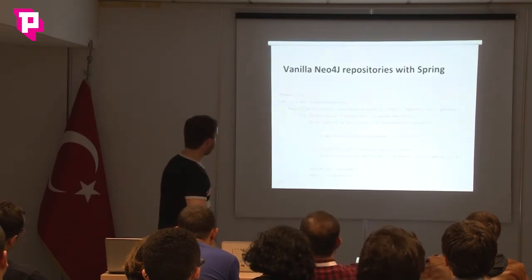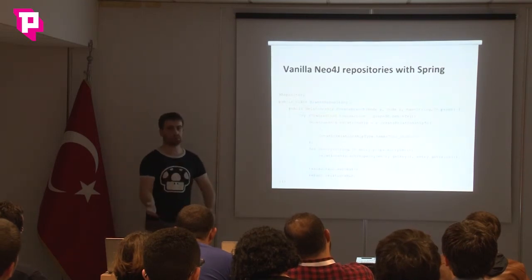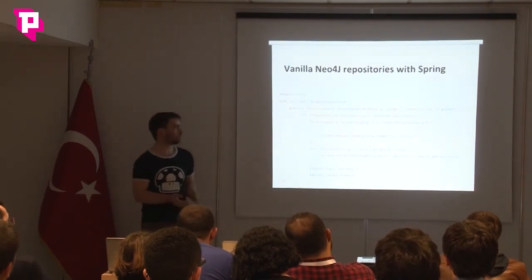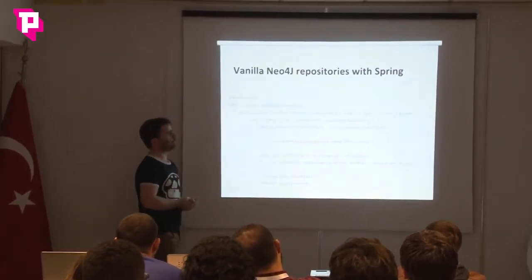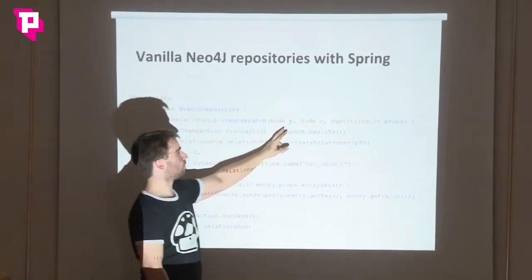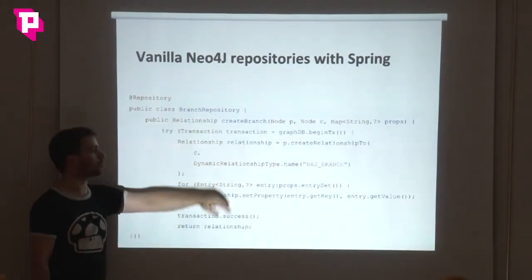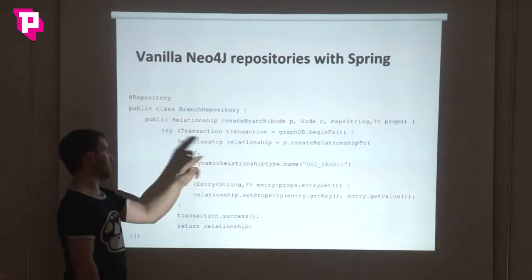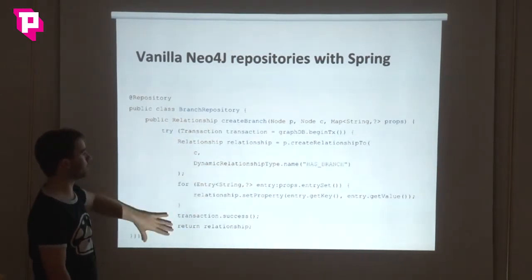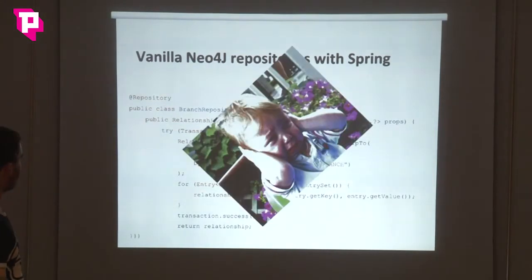So let's see an example. Sorry, it's Java. If we tried to write a repository, a data access object kind of thing, I know I'm not too clear right here, but let's simplify. Here you would try, okay, you want to create a branch, so let's say you're writing it in graph. You would have a parent node and a commit node with some properties. You would get your graph database service, create a relationship between the parent and the commit, with an enhanced branch, set properties, etc., and you would have transactions. That's nice, but not so much. It's very, very noisy. I mean, you have to write lots of stuff. It's actually ugly, and you don't want that.